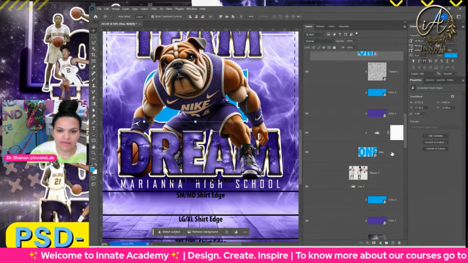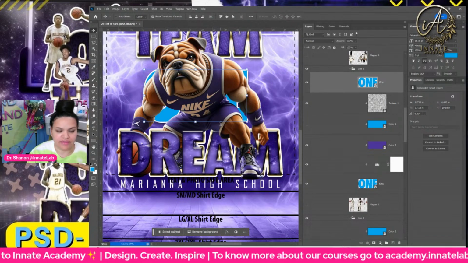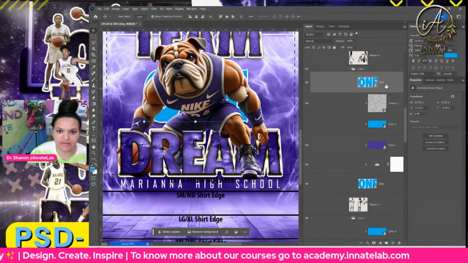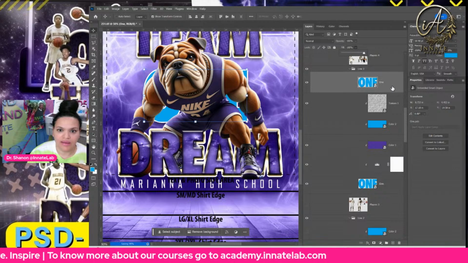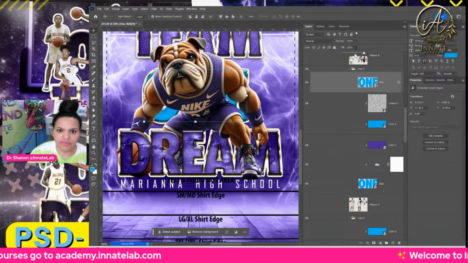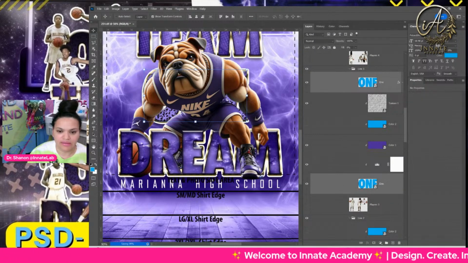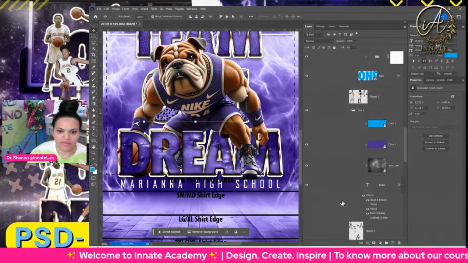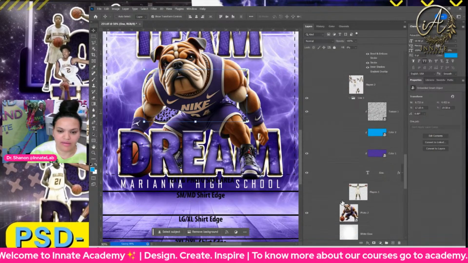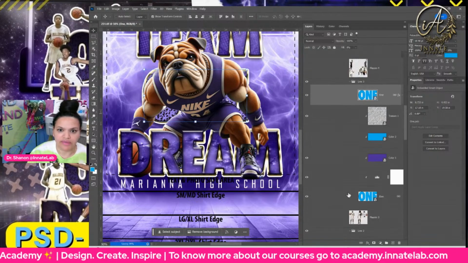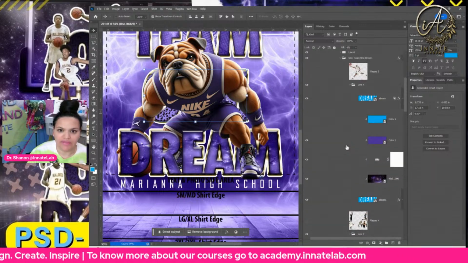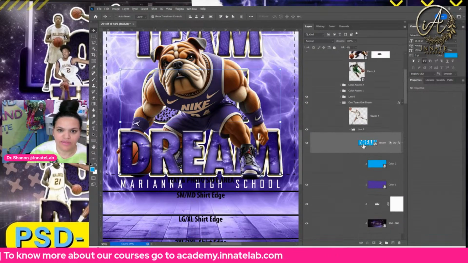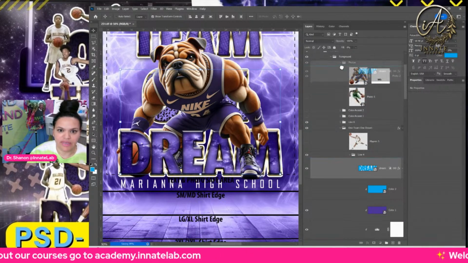All right. So, and I'll show you what's going to happen, how this is going to go on top of the mascot in just a little bit. So again, here, I'm going to paste the layer style, and then I'm going to turn the fill to 0. Then I'm going to make sure that I link 1 and 1. All right, so my very top layers of one and of dream, the very top layers, I'm going to take those two and I'm going to drag them on top of